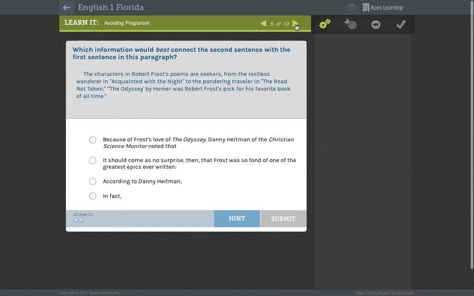And then on some slides, there'll be questions just to comprehend and see how you did, okay? So you select one, and if you're not sure at all, you can click the hint button. But if you think you got it, you click one and then you click submit. If you get it right, move on. If you get it wrong, you get one more try. This isn't part of your grade. This is just practice for you to see how you're doing and to make sure that you're comprehending what you've